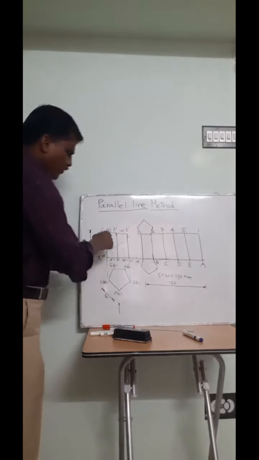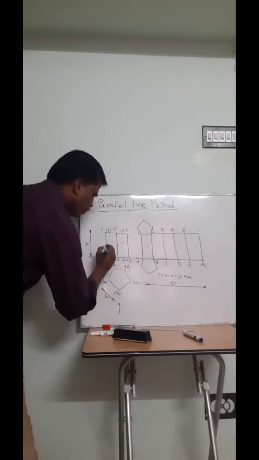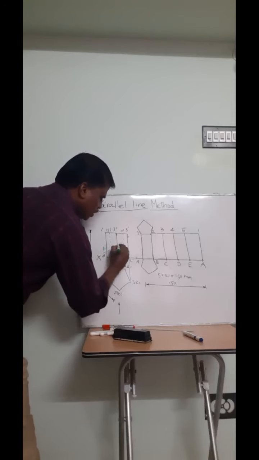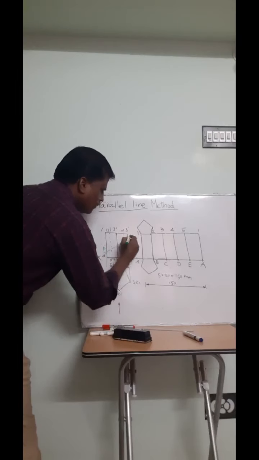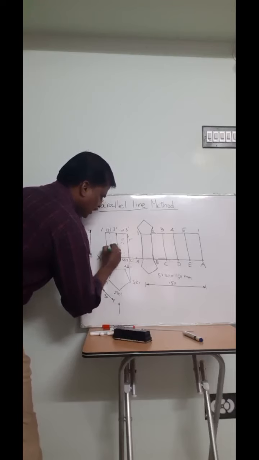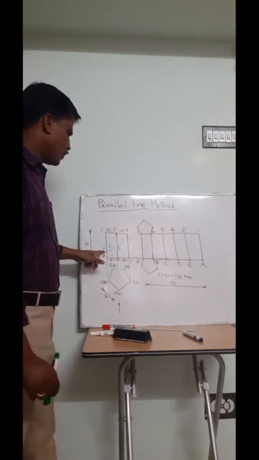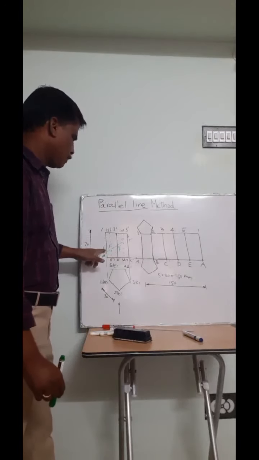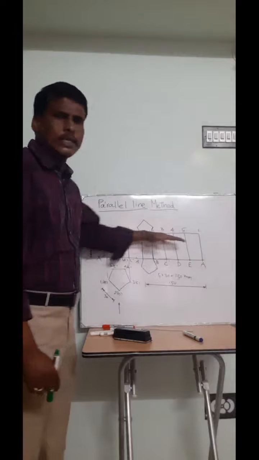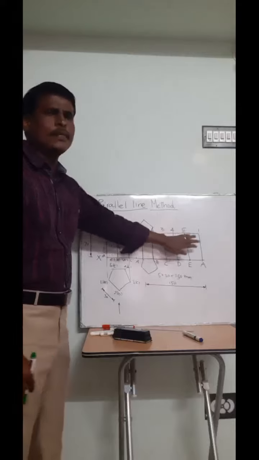So first draw the simple position, then draw the cutting plane like this. Give the naming; you may give any name. For my convenience, I am going to give P dash, then the second point Q dash, then R dash, then S dash and T dash. I have marked the cutting plane like this, and I have marked the cutting points P, Q, R, S and T. So now I have to transfer all these 5 points to my development.